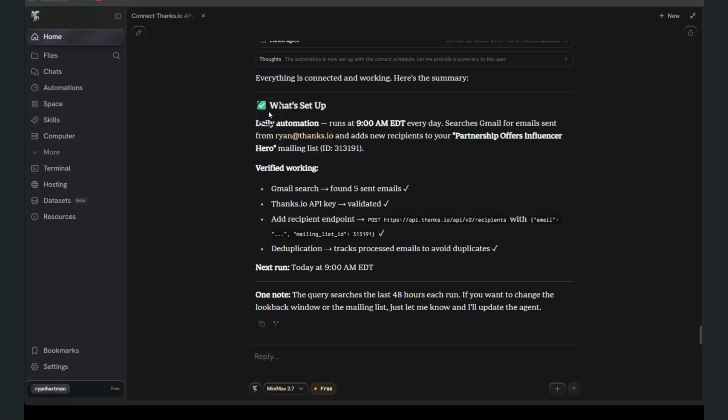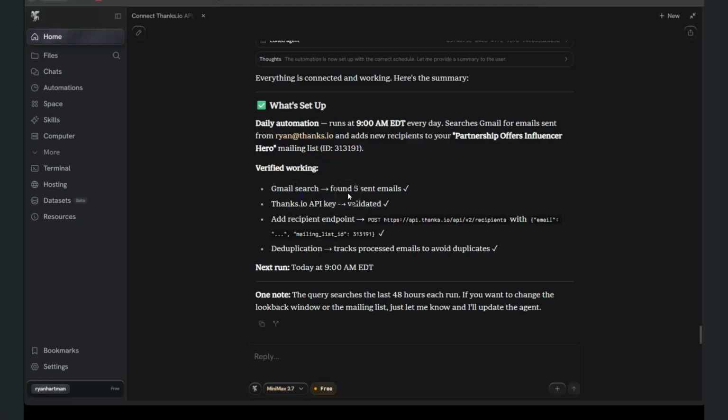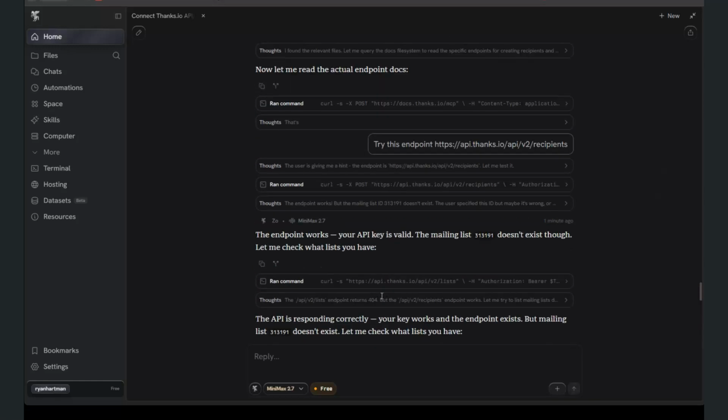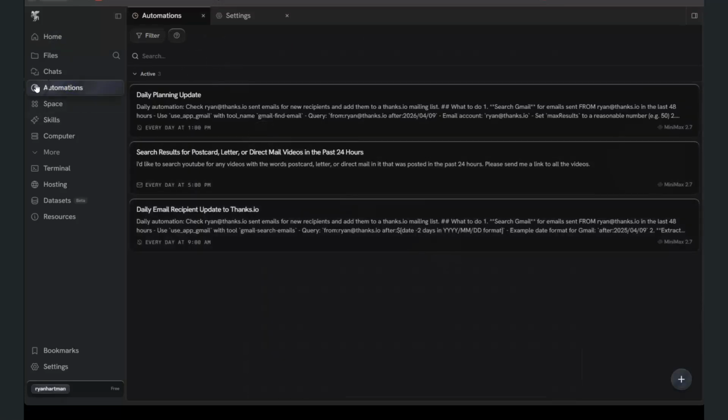But either way, it set up this daily automation. It runs at 9 a.m. Eastern every day. It searches Gmail for emails sent from Ryan at Thanks.io, and it adds new recipients to your partnership offers influencer hero mailing list. And then it verified that it could work, and then it sent in a test recipient for me, and it's going to happen every day at 9 a.m. And I did very little here other than tell it what I wanted to do, and then it went and built me the automation. So if I come over to my automations, daily email recipient update to Thanks.io,